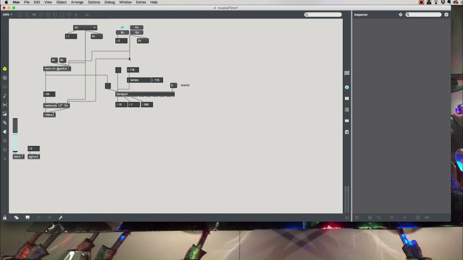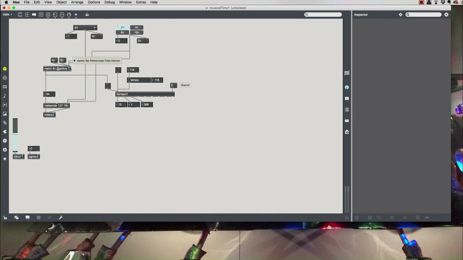And the reason for the delay is Metro updates its value when it outputs a bang. So if it's in the middle of a half note and I change the duration value argument, it will not update that argument until it sends out its next bang. So you have to wait until the half note is done. It's not an instantaneous updating. That's the virtue of the cool